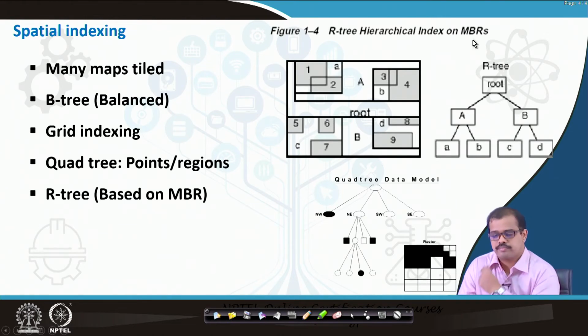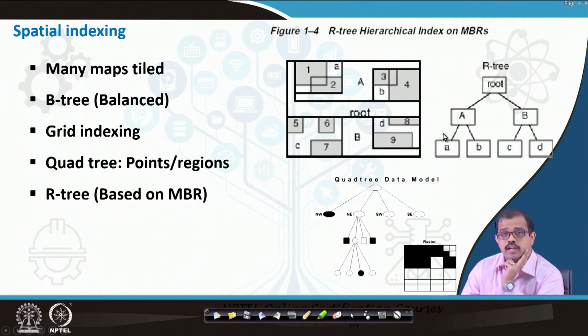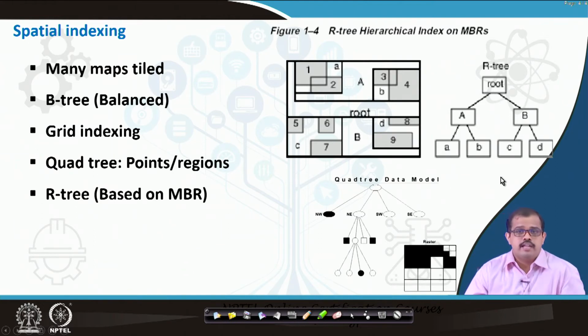For example, you have an R tree here. First, R tree starts with the root. You have the topmost information that is there in the R tree. Then you have leaf nodes. For example, these are the 2D leaf nodes. Then you have the child nodes that dig in, and finally it finds out where the particular thing is stored. It is based on MBRs, or the minimum bounding rectangles.